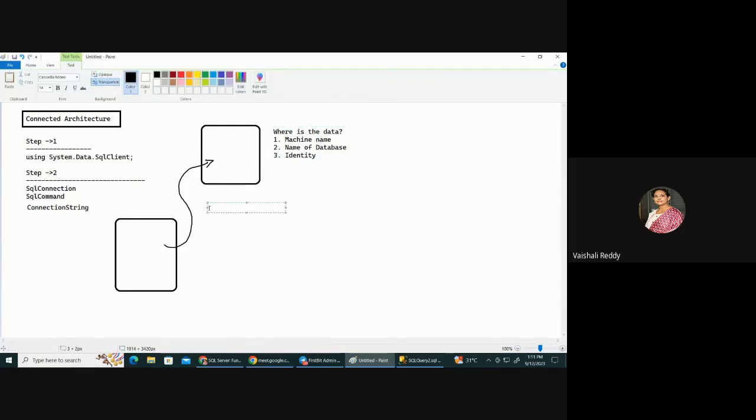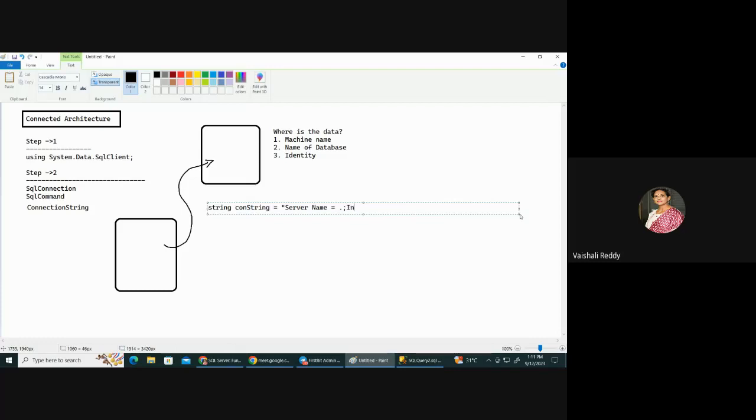So we might have a normal string, con string is equal to, in a pair of inverted commas, server name is equal to, you can just put a dot to specify we are using the current machine. अगर कोई और मशीन है तो वहां पर उसका आईपी एड्रेस और उसका जो भी नाम रहेगा वो रहेगा, सेमीकोलन।